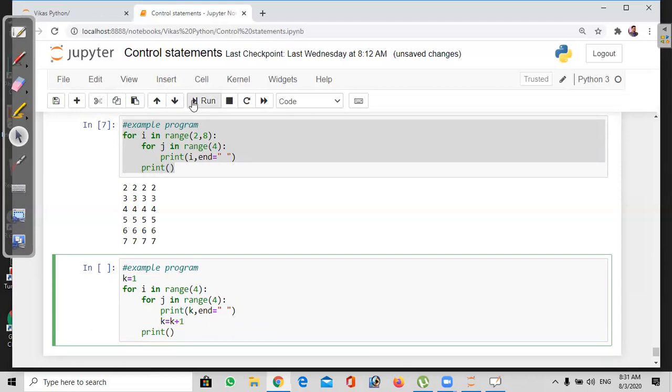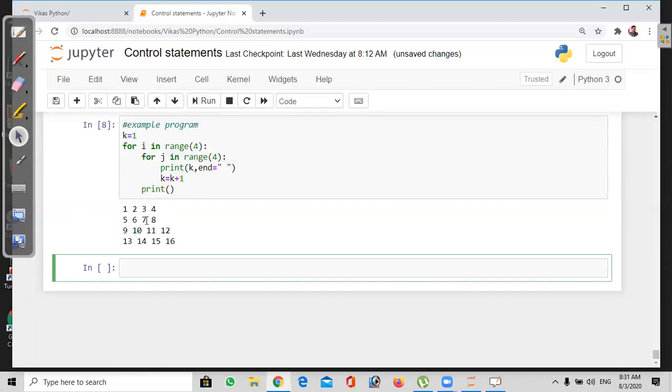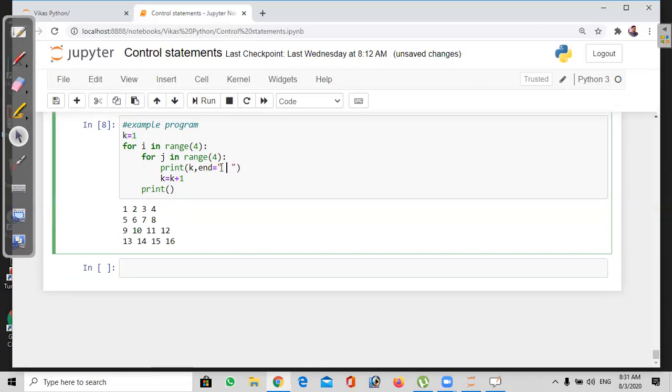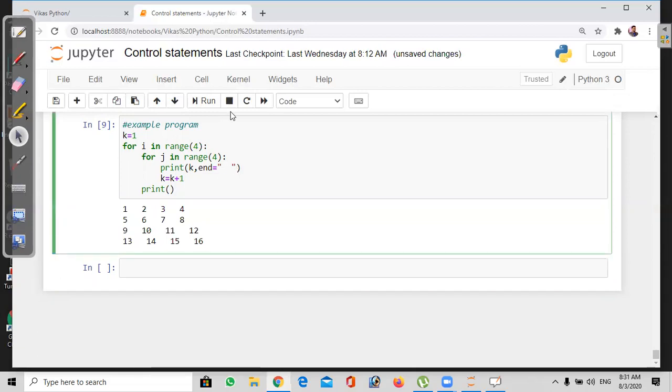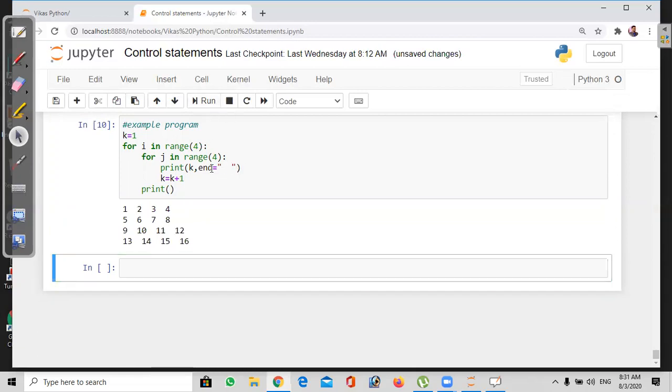See here, 1, 2, 3, 4, 5, 6, 7, 8, 9, 10, 11, 12. For better spacing, I'll give spaces here, or else I'll reduce one space. Since it's a 2-digit number, it's not arranging properly, but it keeps printing continuously 1 to 16 values. So here I took a third value.